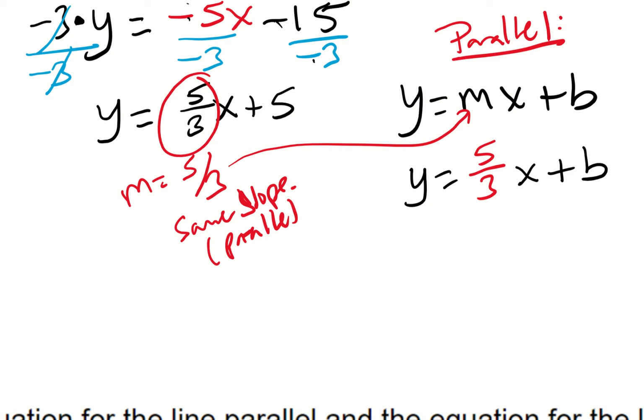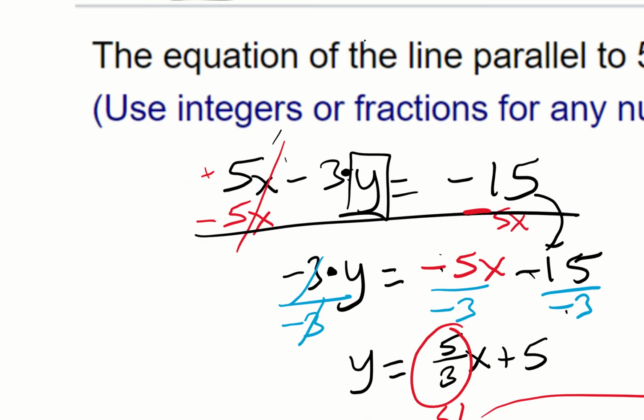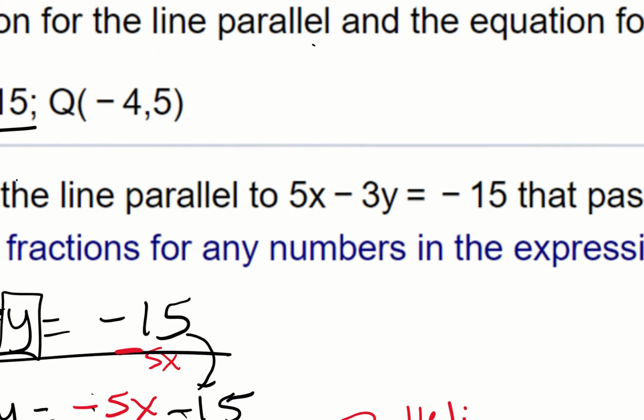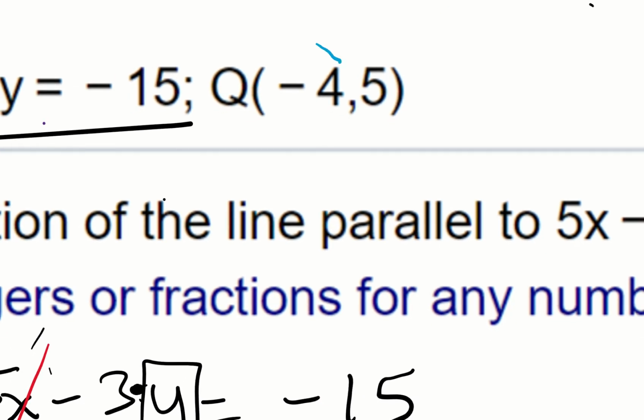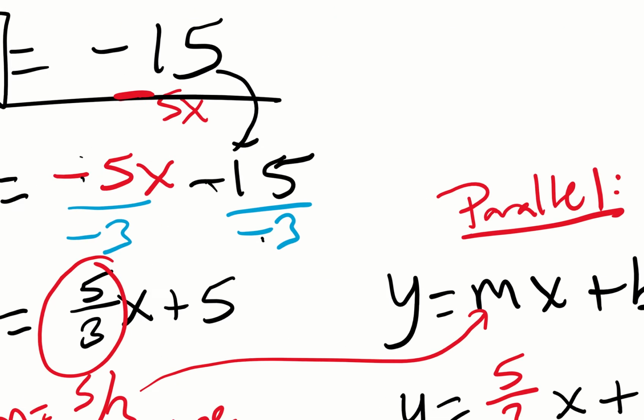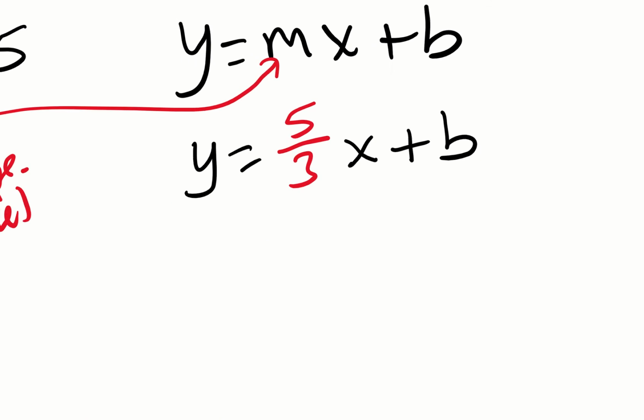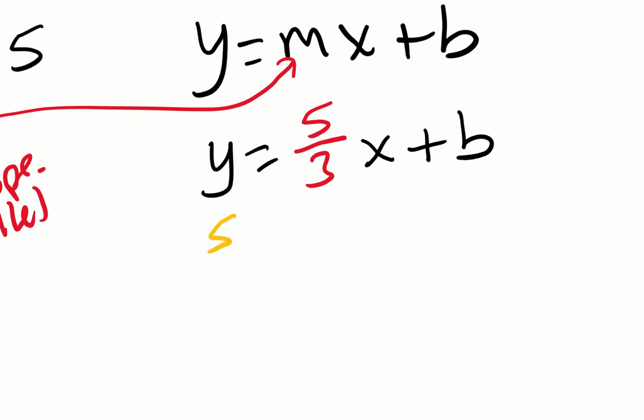Again, use the method that we used the previous problem. We have to plug in for y and x, which based off of the coordinates that they give you right here. See, they give you these coordinates. So this is x, this is y. Let's use the same colors as last time. That's x, that's y. So y is 5, x is negative 4. So let's plug that in. 5 equals 5/3 times. This is multiplying, right? This is invisible multiplication. So negative 4